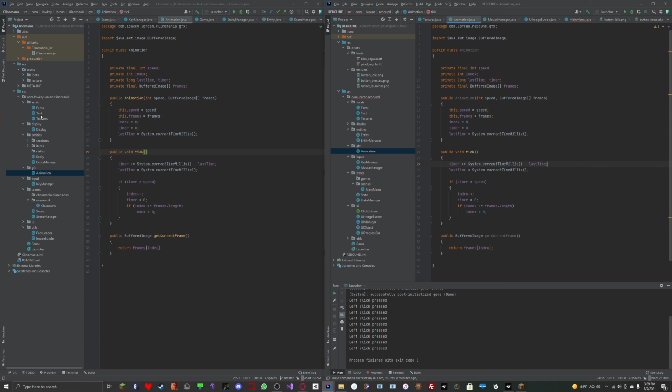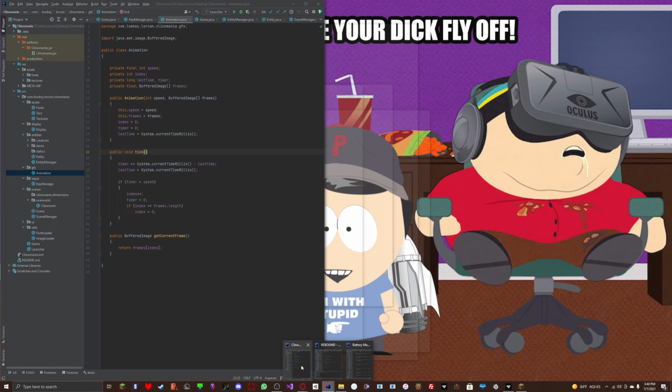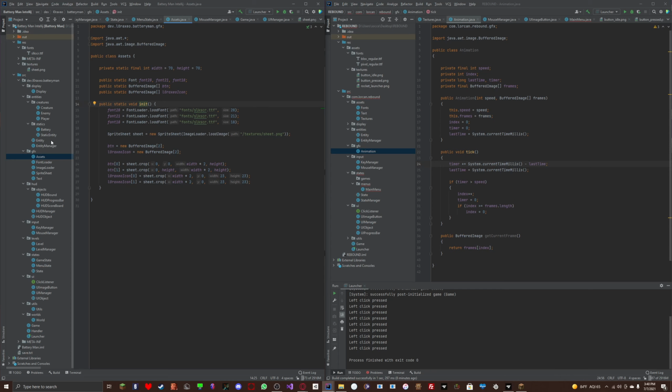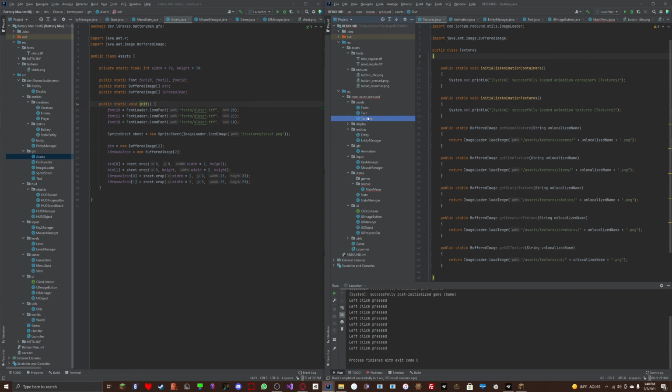And, wait a minute. How did I do it in here? There's assets, where's the assets? Assets. And, it was just an array. It wasn't like an actual animation. Okay, so it's good we have this still, but let's go over to our textures